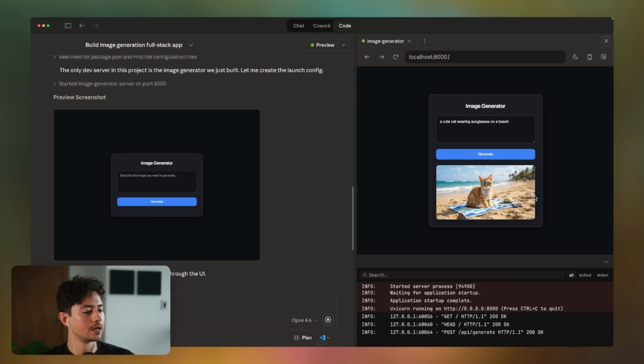Looks great to me. The reason why you might want to do this is because, well, it's kind of twofold. One, you get to parallelize your work as mentioned. And so you get to build the front end using a model for which the front end builder is the best. You get to build the back end simultaneously using a model by which the back end builder is the best. And then you get to use an orchestrator, which basically ekes out a few percentage points increased reasoning and decision making and stuff like that, because it's able to evaluate the code from both of these things independently without being polluted by the context window.